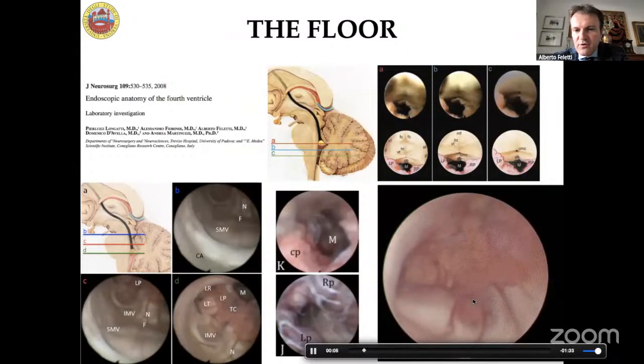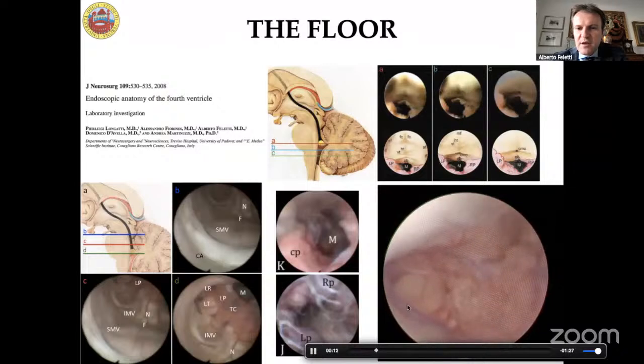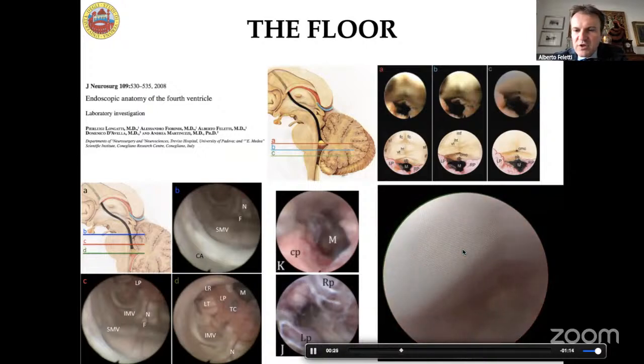Nowadays, we have also some endoscopes with a chip on the tip, not this case, but the vision is even better with those endoscopes. Here you can see the floor of the fourth ventricle and the facial colliculi here and here, the median sulcus. And if you go closer to the brainstem, very soon you will be able to see other structures like